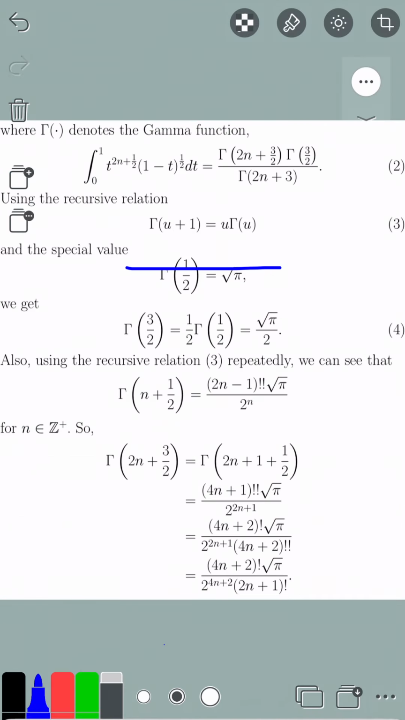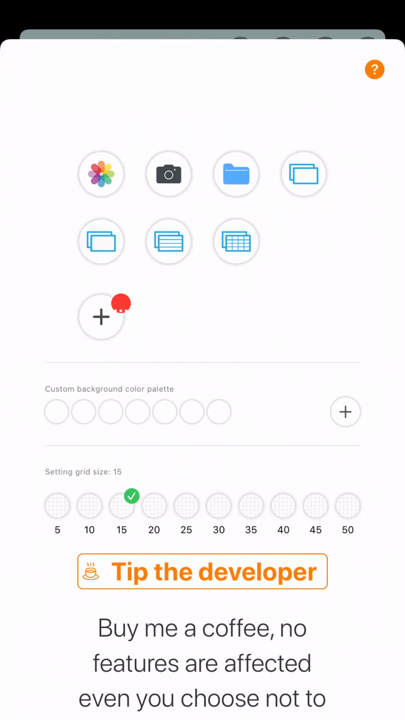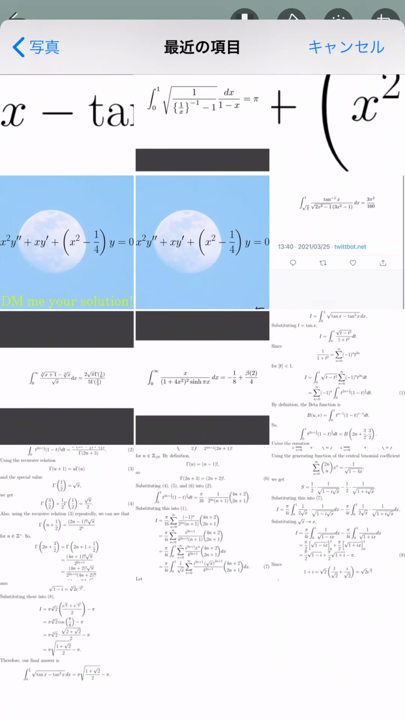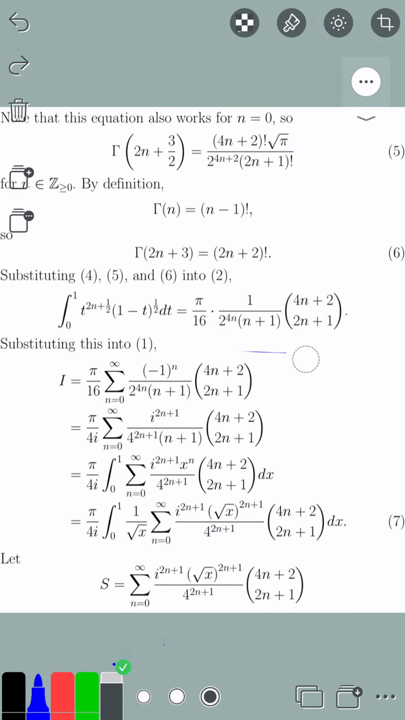Alright, so we will substitute this expression for gamma of 3 halves, and back to this slide, this expression for gamma of 2n plus 3 halves, and this expression for gamma of 2n plus 3, and substituting all those 3 expressions into the result that we got for this integral in terms of those